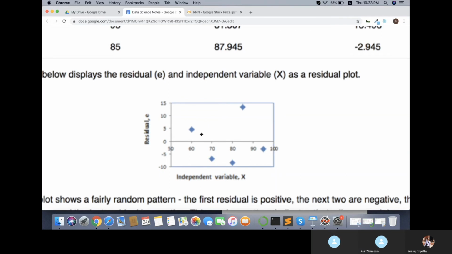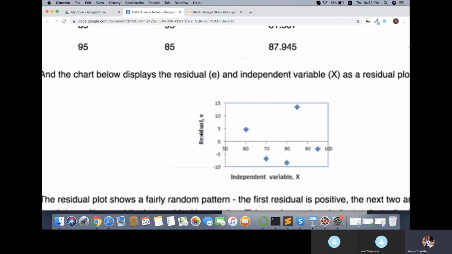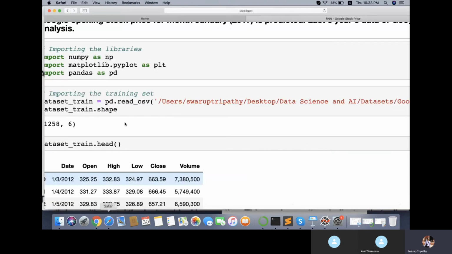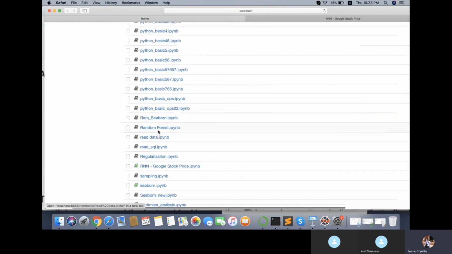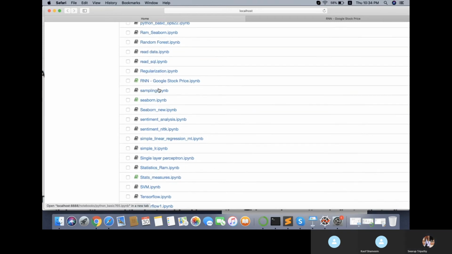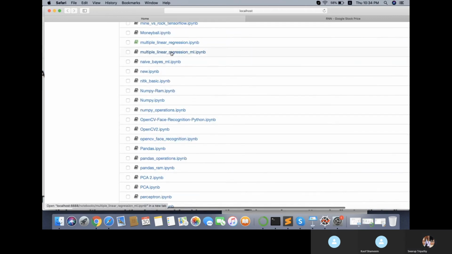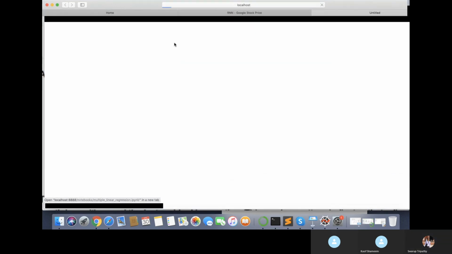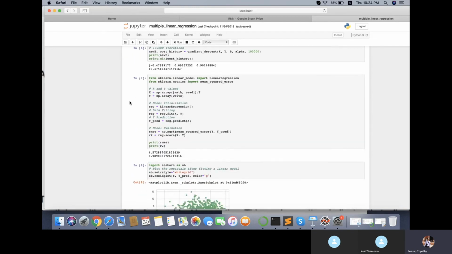Yes. Okay, so now we will do this residual plot, and we'll see it with our existing data, what we did last class. Just go to the same notebook you used last class, and in the same notebook execute everything again. Just do run all from this Jupyter notebook. Just click on this one, cell, run all. It will execute everything again. So just run all the code. Then we will do this